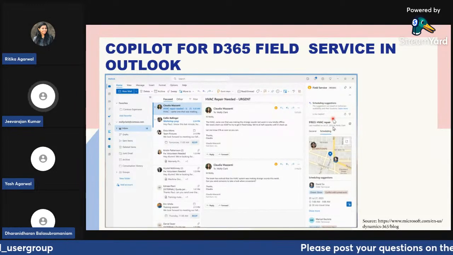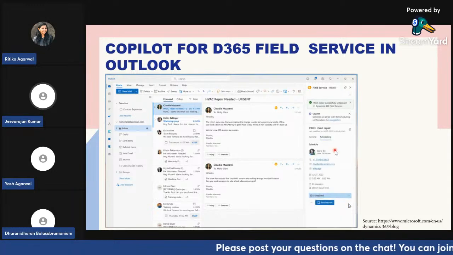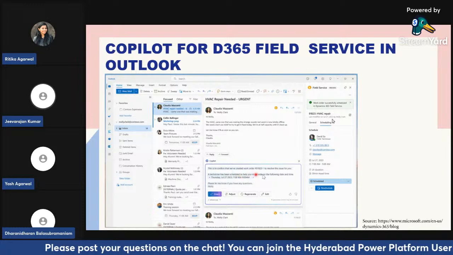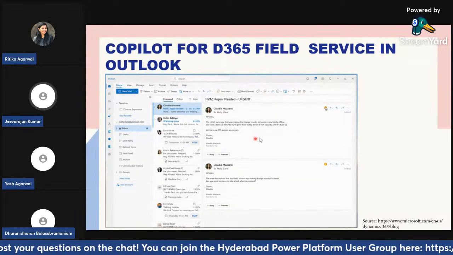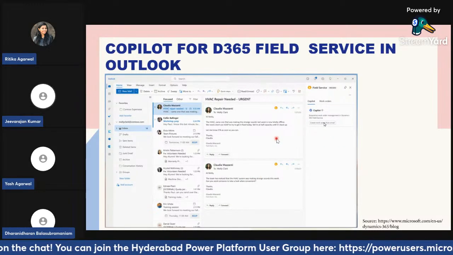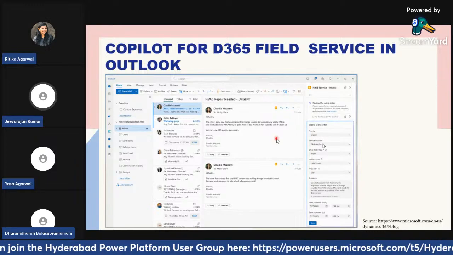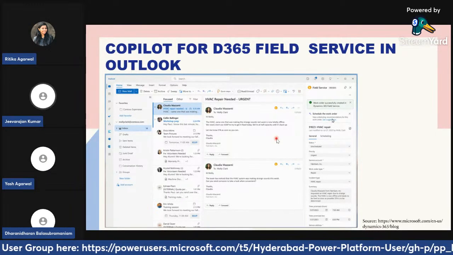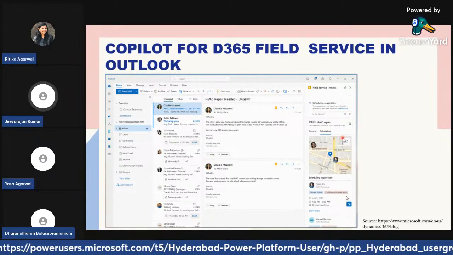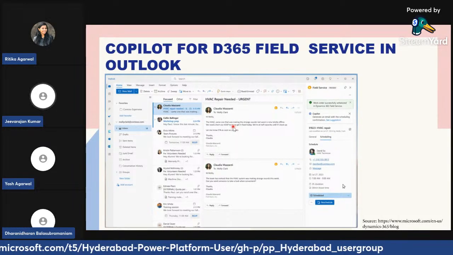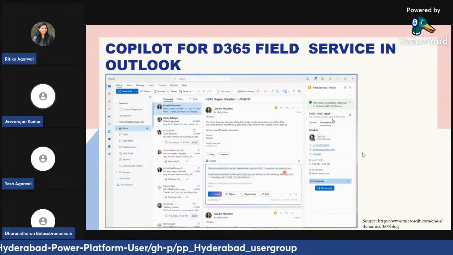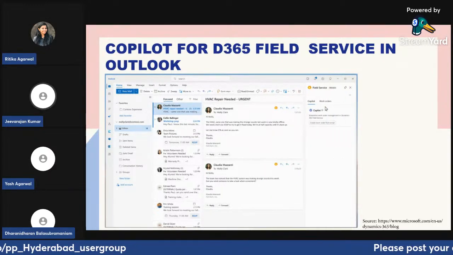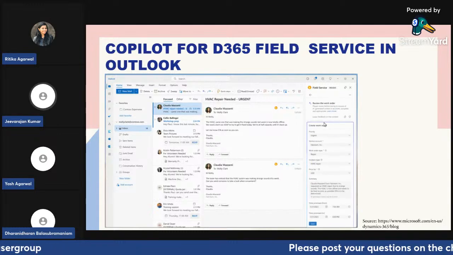So in this case, we did three things: we created a work order, we scheduled the work order to a technician, and also responded to the email saying that a technician has been scheduled, and somebody will be reaching out to you soon. It's all done in, as you can see, like 3 clicks, without typing anything, without opening Dynamics 365 and finding the right resources and everything. Based on the skill set and the information available from the email, it just did it. And if the email doesn't meet the responsible AI guidelines, Copilot will throw an error in that case.